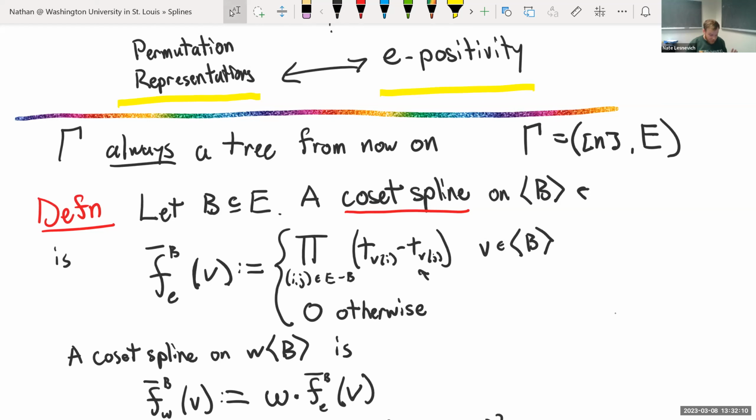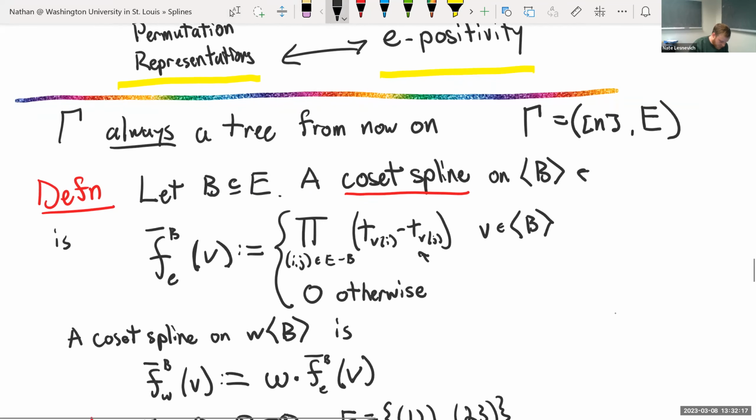And if v isn't in our reflection subgroup, we take the value 0. And a coset spline on an actual coset of that reflection subgroup, W_B, what are we going to do? We're just going to hit the identity coset spline with the dot action, which moves its support by left multiplication, like we saw before. So it's going to be that left coset. And we know, a little bit of an exercise, the identity coset spline is the spline. We hit it under the dot action. It's also going to be the